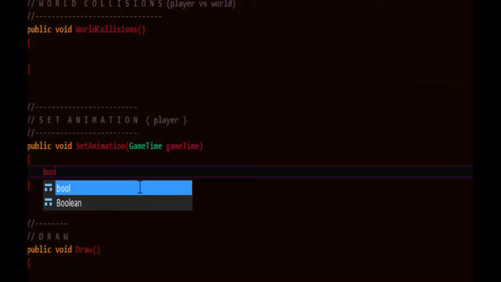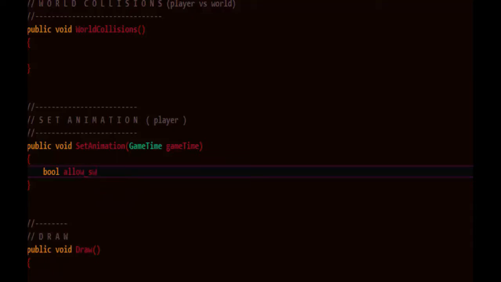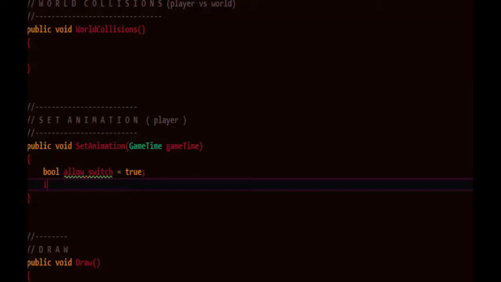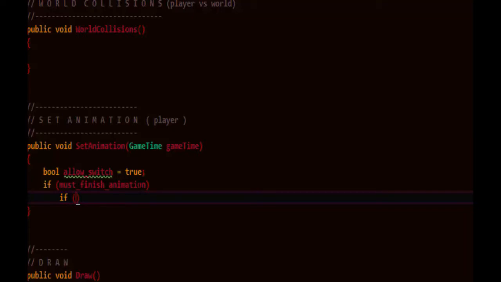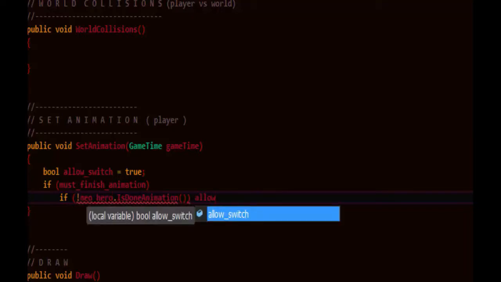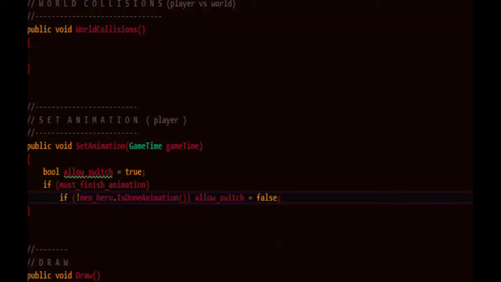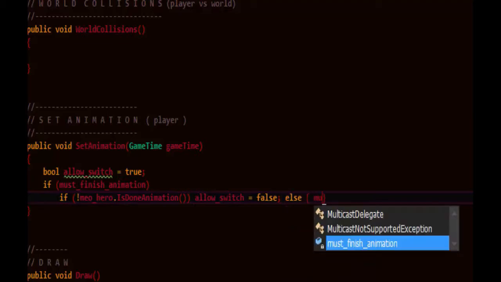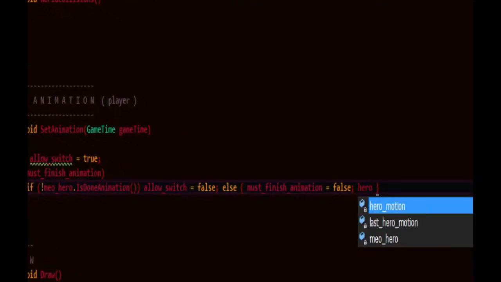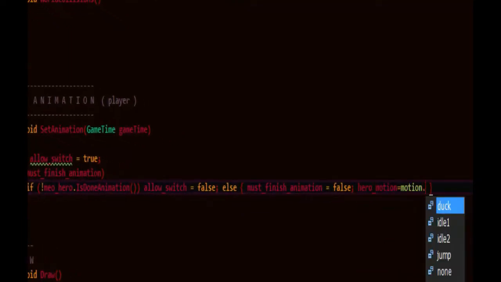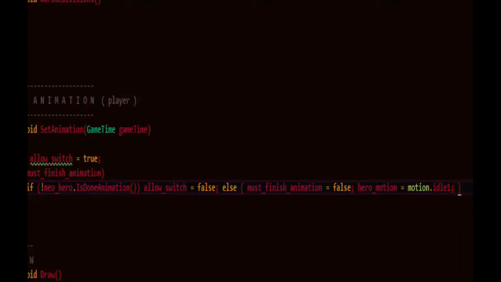put into play. So sometimes we don't want to allow our animation to switch. Normally we do, so we'll just say allowSwitch. When we don't, it would be if mustFinishAnimation. Let's say if the animation isn't done, then we'll say allowSwitch is false because we haven't finished animating. But if it did finish, then we'll say that mustFinishAnimation is no longer true, and hero motion set to Motion.Idle1. So it finished the animation. For this loop, we'll just leave it as not allowing the switch yet because it may need to determine something